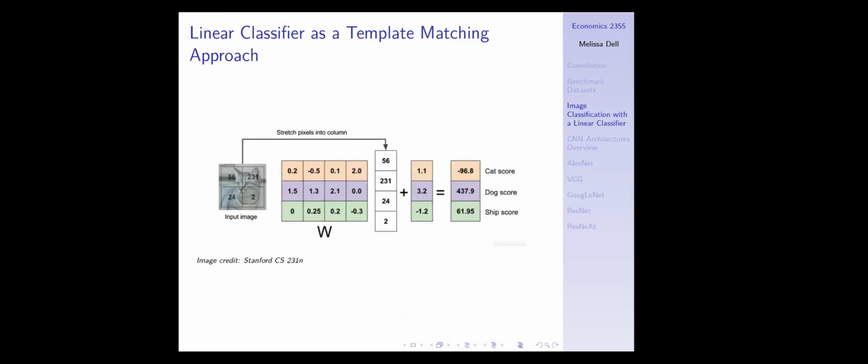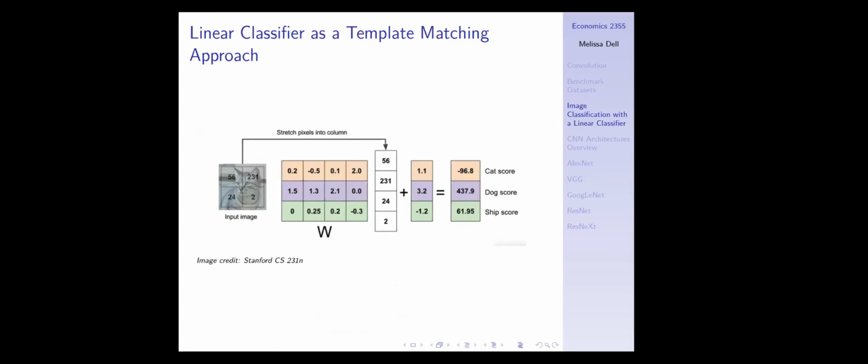So you see that here. For the sake of simplicity, let's suppose that we had an image that had only 4 pixels in it, and that there's just 3 classes. It can be a cat, a dog, or a ship. And so our weight matrix is going to have the dimensions that you see here,